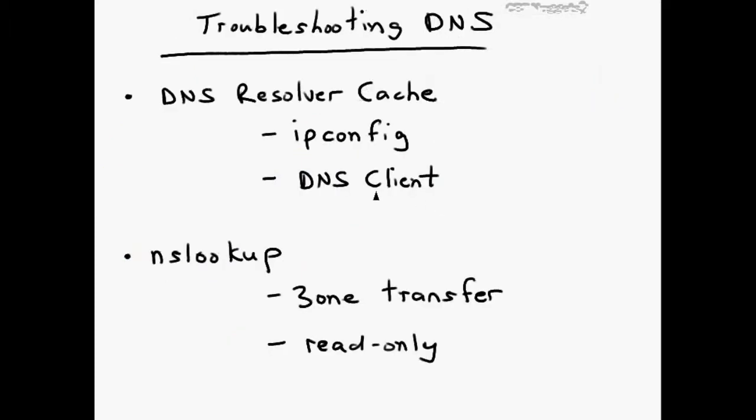What are some strategies for troubleshooting DNS problems? A little bit earlier in this series, I showed you some command line tools, some of which are tailored for DNS and name resolution troubleshooting. When a client computer hits up DNS for a resolution and the DNS server is authoritative for that record, let's say I want to look up srv1.nuggetlab.com, and we're configured to associate ourselves with NuggetLab, so we're within the same zone, as it were,